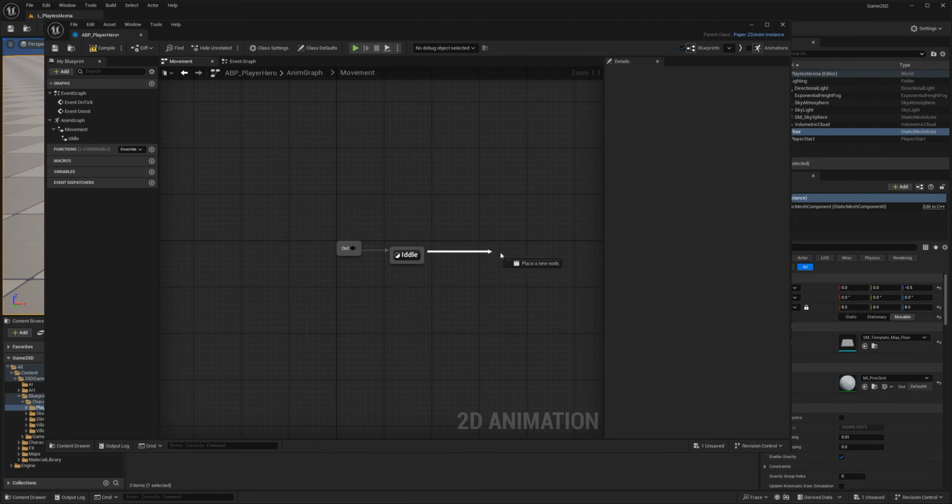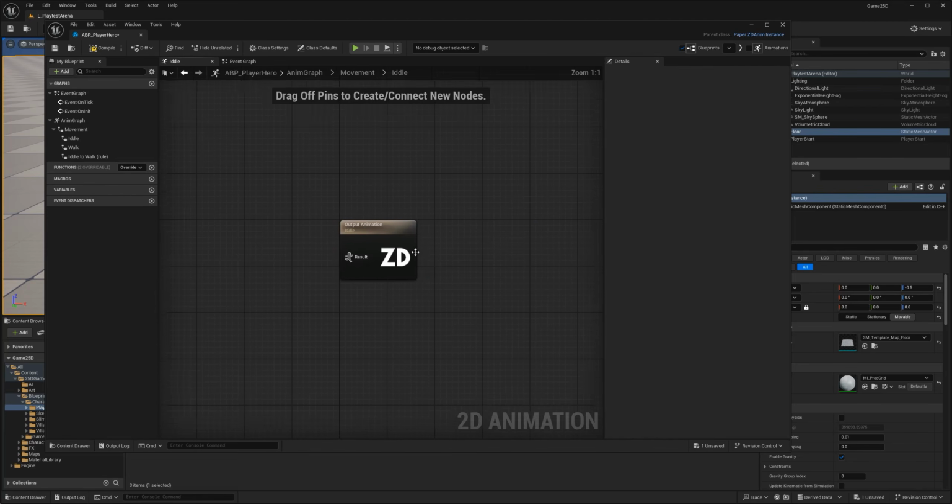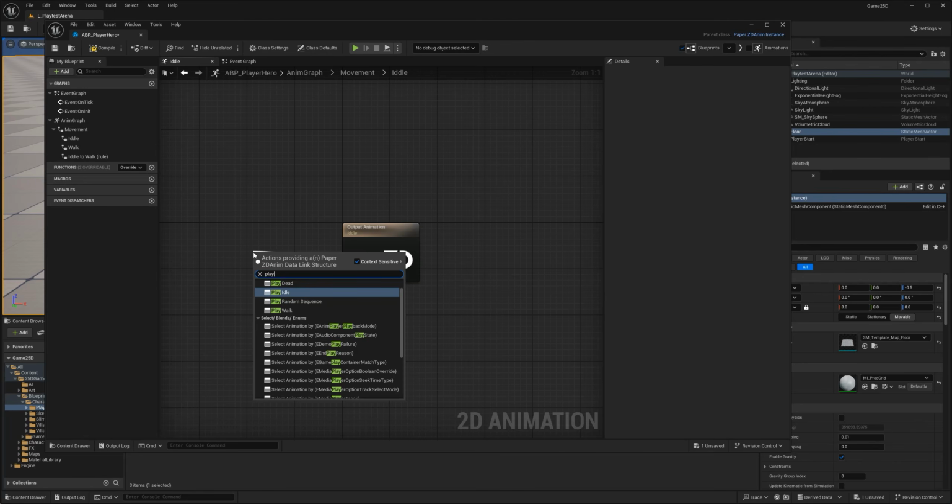Then I'm going to pull another one, animation state. Click on it, walk. Now that I did this, I'm going to double click in my idle, and I'm going to push, whoa, that was a weird glitch. For results, play, which animation that I want. I have walk, idle, and that, so this one I want is idle.